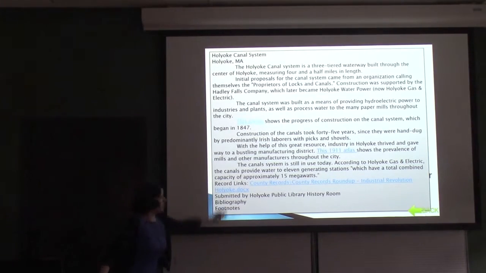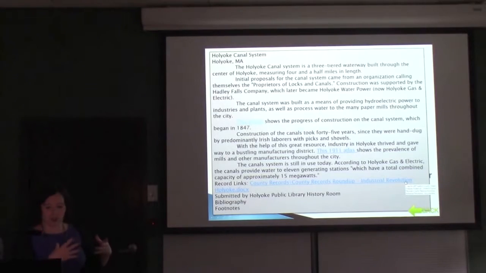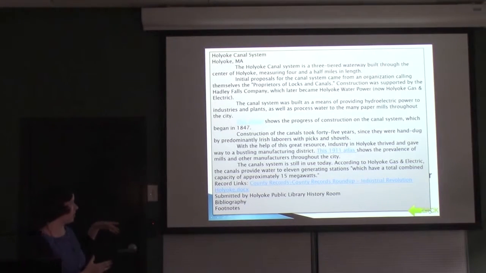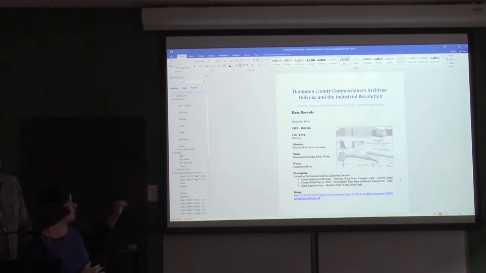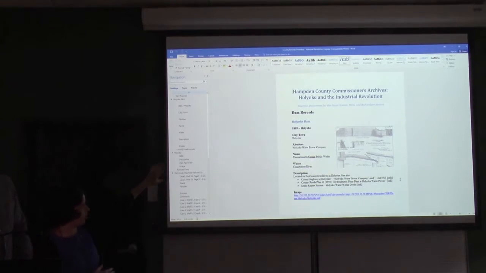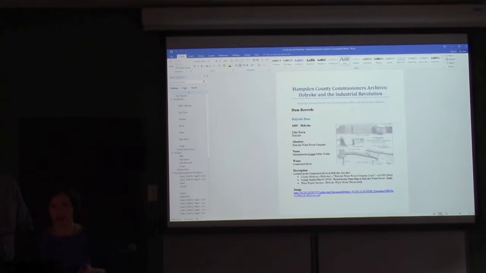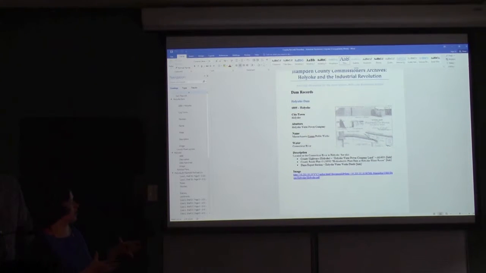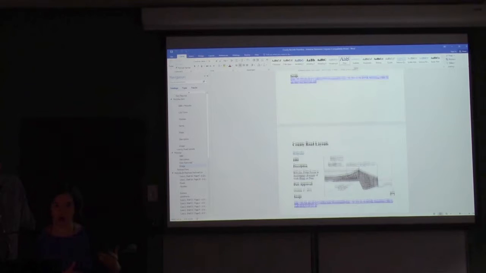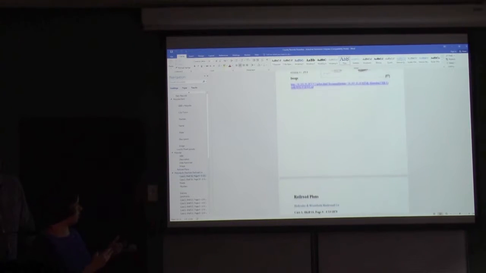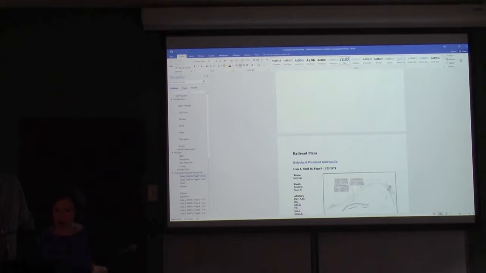Down the bottom here, we did a roundup of our county records that included these landmarks from Holyoke and the Industrial Revolution. So if we click on that, right where the cursor is, we get this roundup that we have with all the indexing that the team had already put together and links to where people can find it. So it's this nice little compilation that people can go to without having to go through as much legwork of searching through all the records. So if we go back,